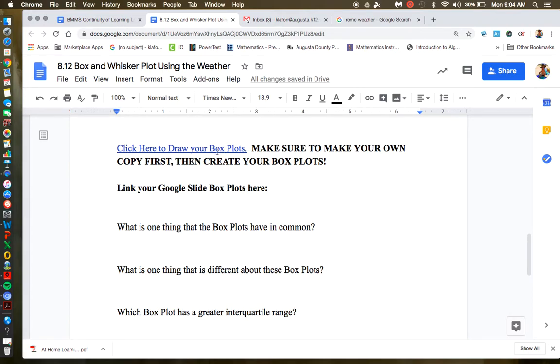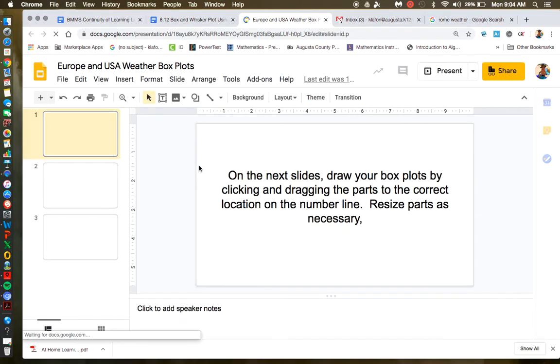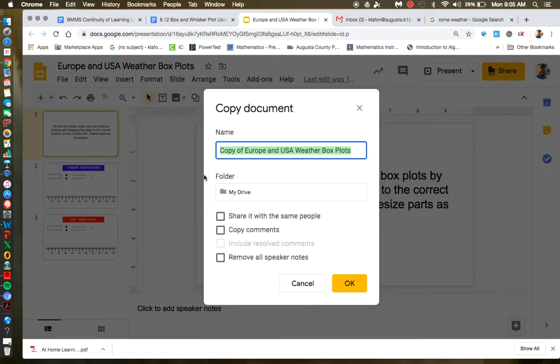And if you've already done the box plot entertainers, you've done this before. This is also something very similar if you have Ms. Robaugh or Miss Bernard. You do this a lot in their HyperDoc activities where you've got to click on the presentation. And then once you click on the presentation, it's view only. So you're not able to manipulate the slides because you have to go in and make a copy of the entire presentation